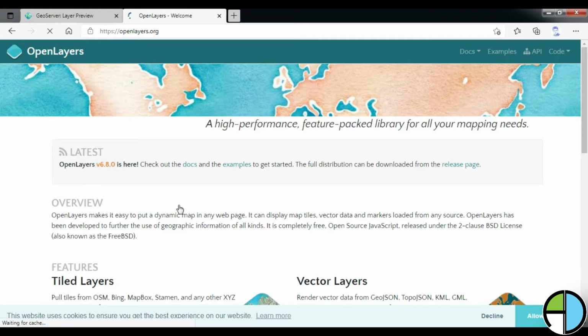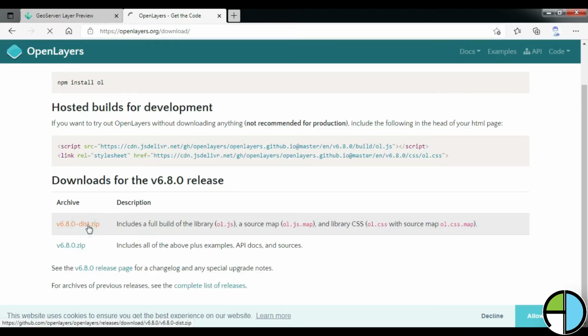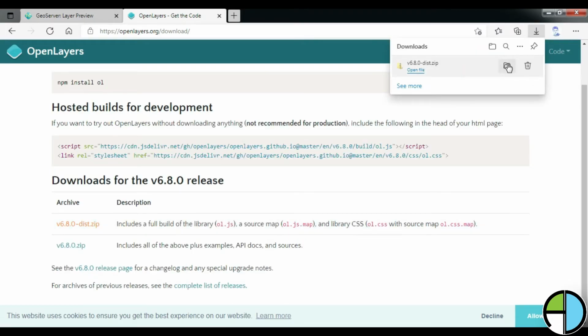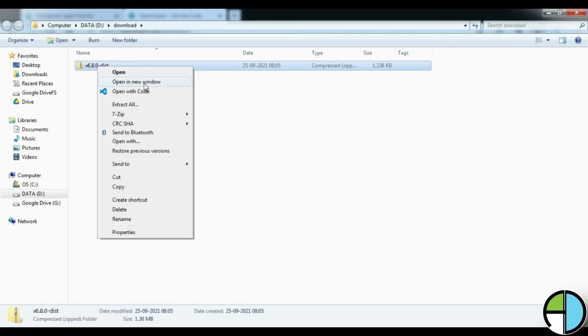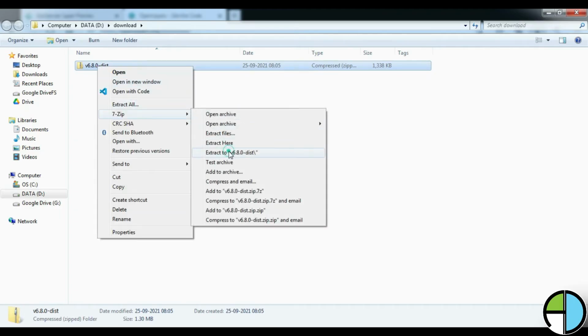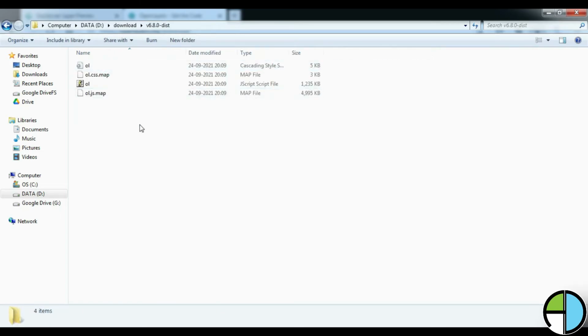Once we click on that, there are two different ways of using OpenLayers libraries. One is using the CDN, so the path directly from the server, and second is downloading the JavaScript file on our local computer and using it. So I am downloading it, and it is located here. It is downloaded as a zip file, so let me extract it. It is a very small file. There are 4 files in it: a JavaScript file, a CSS file, and 2 supporting files.